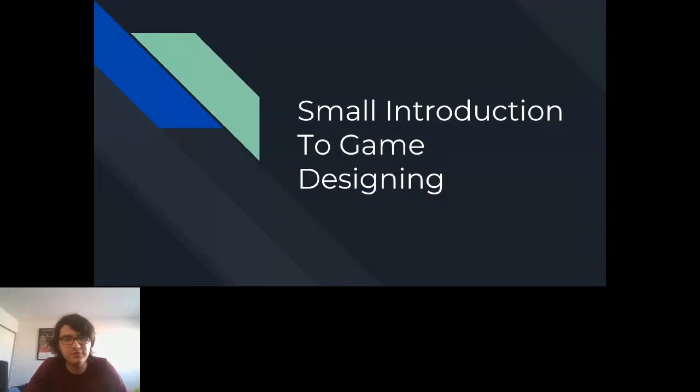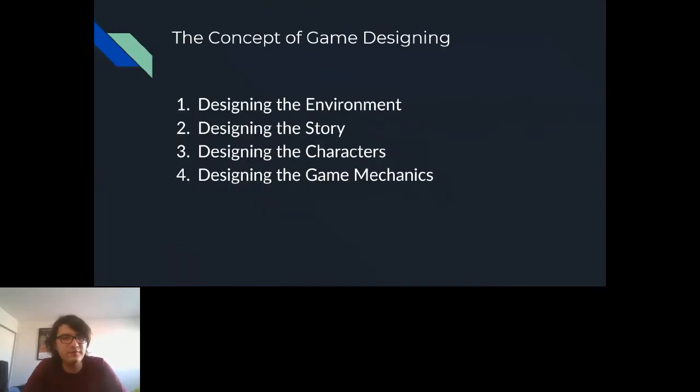Okay, so a small introduction to game designing. When you design a game, you have to think about these concepts very much, because this is what constitutes a video game. We have designing the environments, which means designing the level itself or the atmosphere that you are being placed in. Designing the story, which is very important for a video game, is